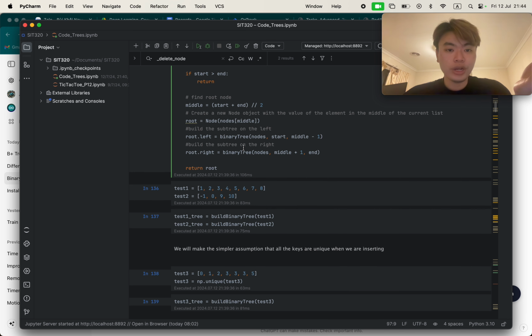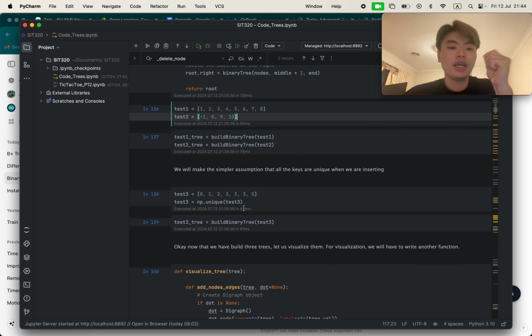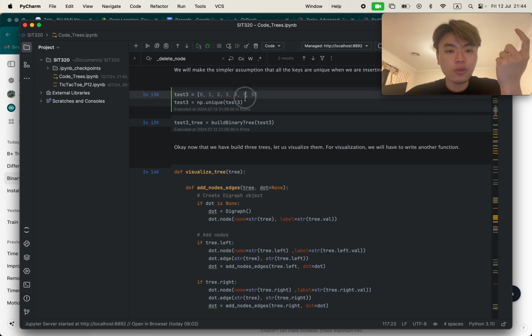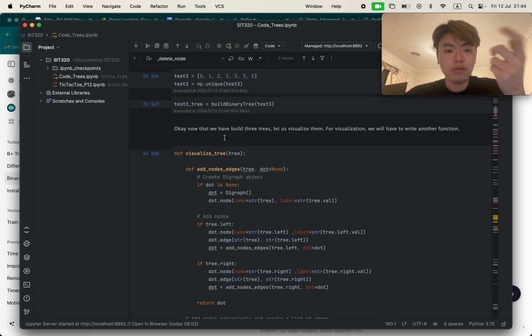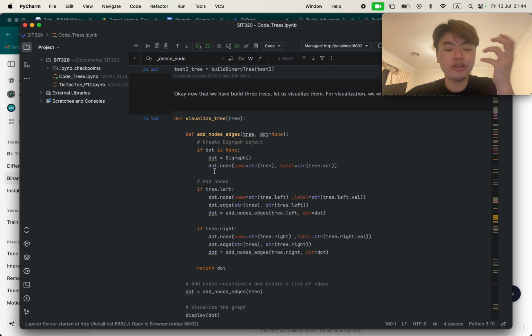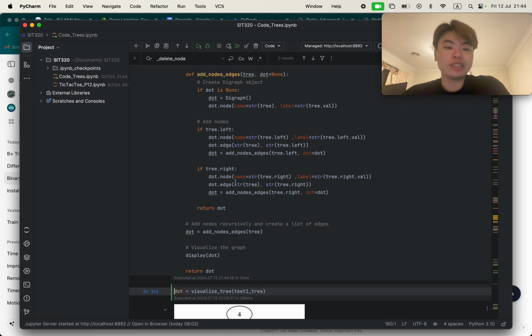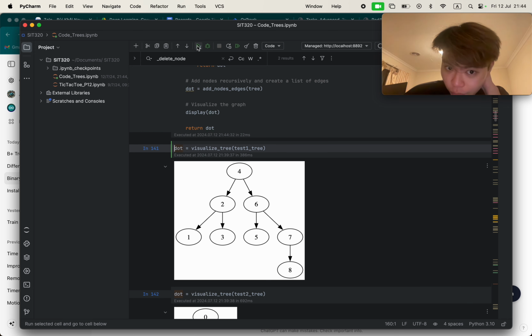And the binary tree in here is talking about how we are doing it. We have a middle, root left, root right, and then we are testing it. And this is the way we are testing it, and how we are building it. This is the code that the teacher had given to me to visualize the tree. So we are just visualizing it using a dot library. So you can see in here